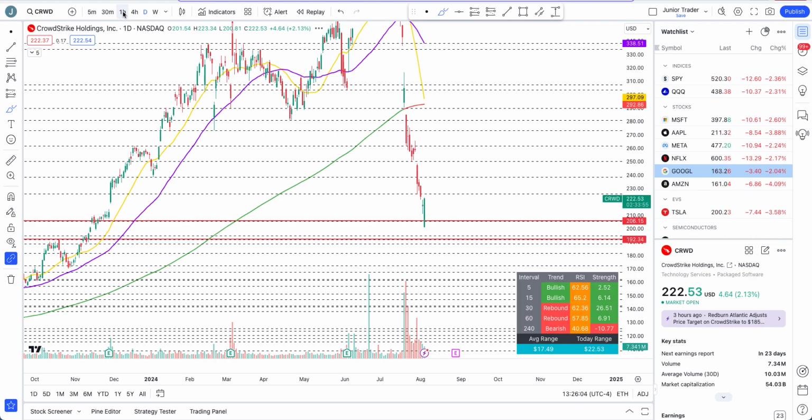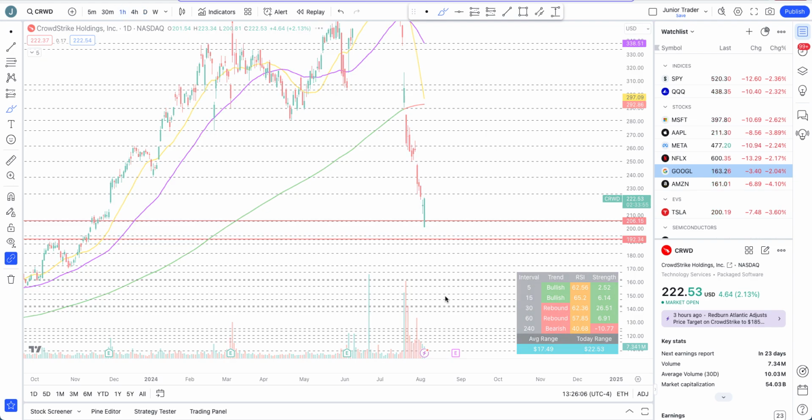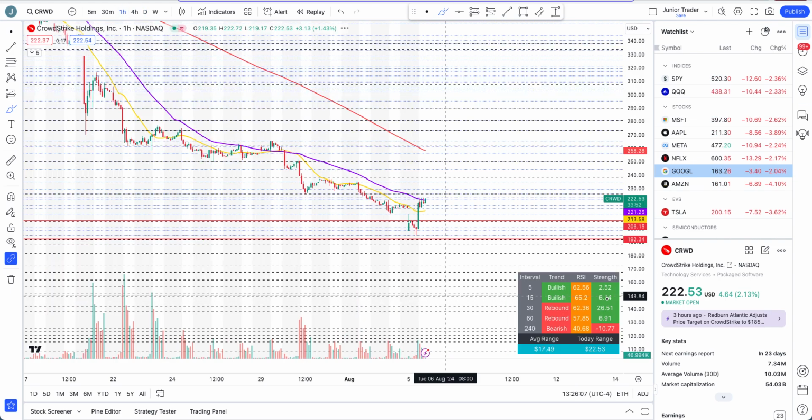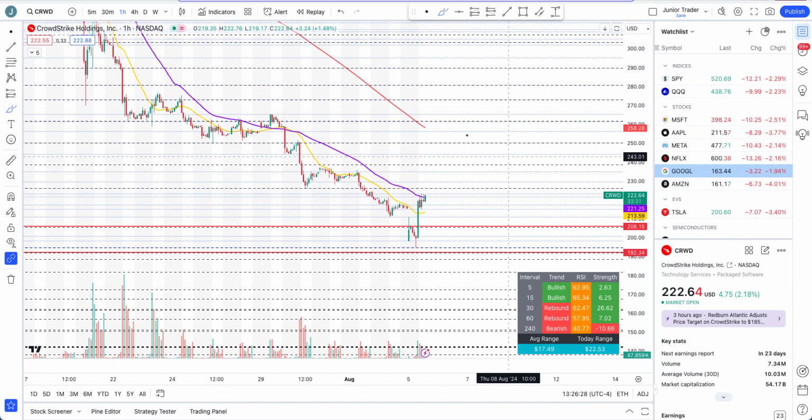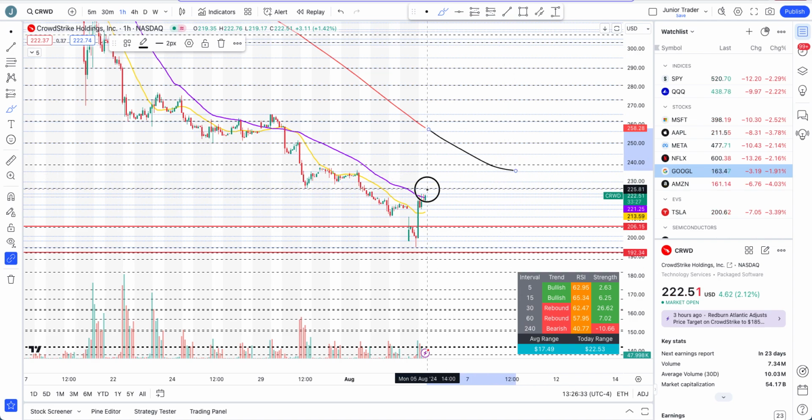Now with that, we need to see additional confirmation, which today, as I just showed you as well, is $211 that we got out of. That's a little bit of a structure regained today. But definitely the next level to watch is 226, and I don't want to see it break below either the 20-hour moving average or the 50-hour moving average. But if CrowdStrike can get above 226, it's about trading the target range, first the 200-hour moving average as well. I do expect this to reject there and come back down, but